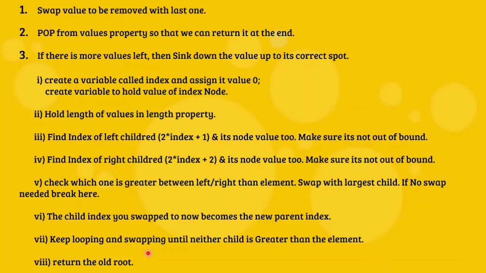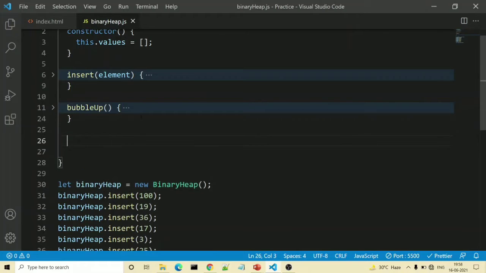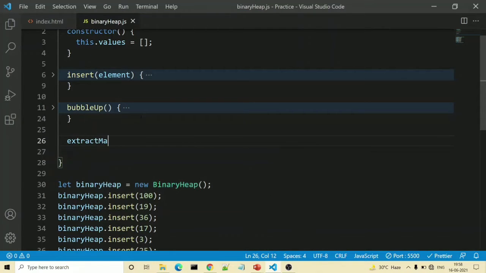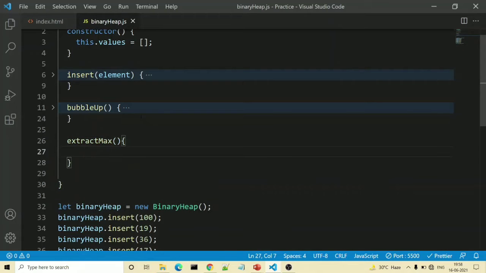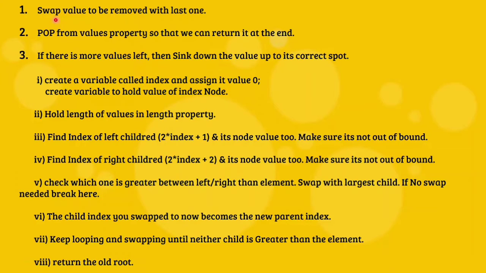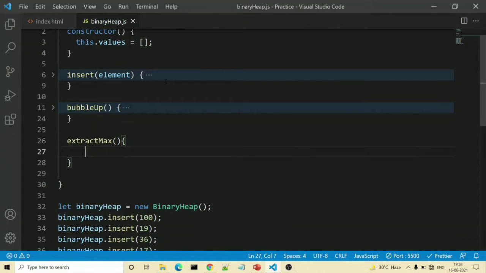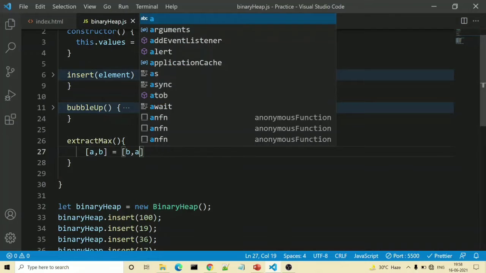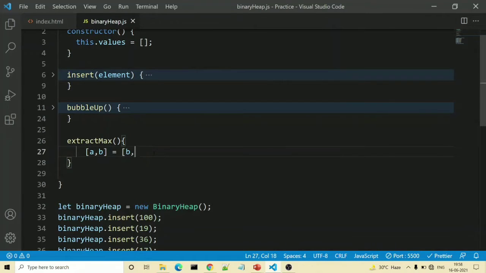So let's go there. Here we will create our extract max method. As per our pseudocode, swap the value to be removed with the last one. So we will swap our first value with the last value. For that, in JavaScript we have a shorthand where I will write a, b is equal to b, a. So a will be replaced with b. Same thing we will use here.